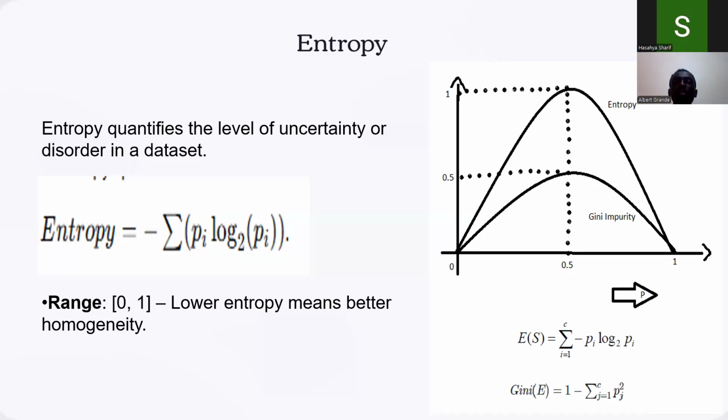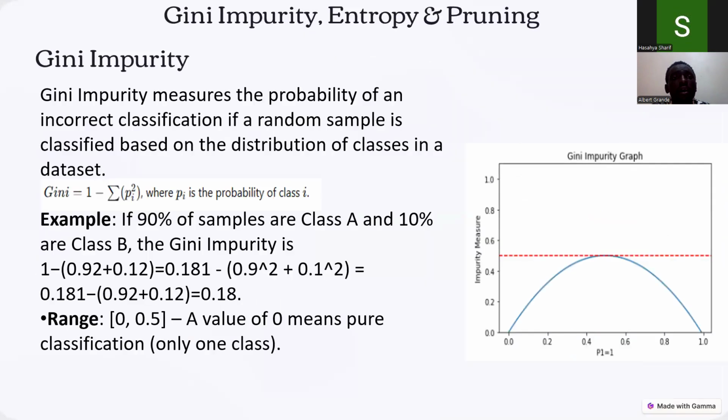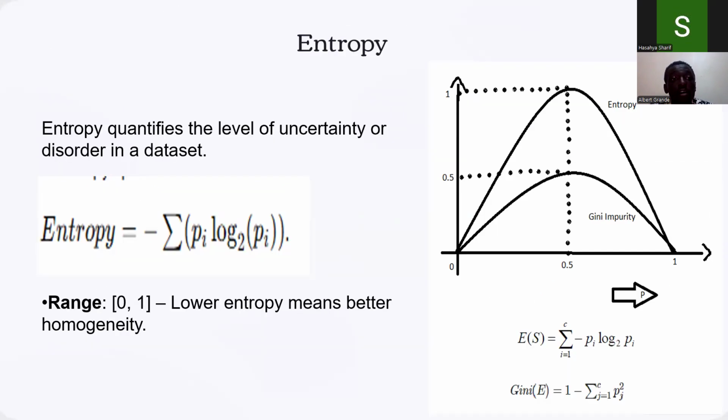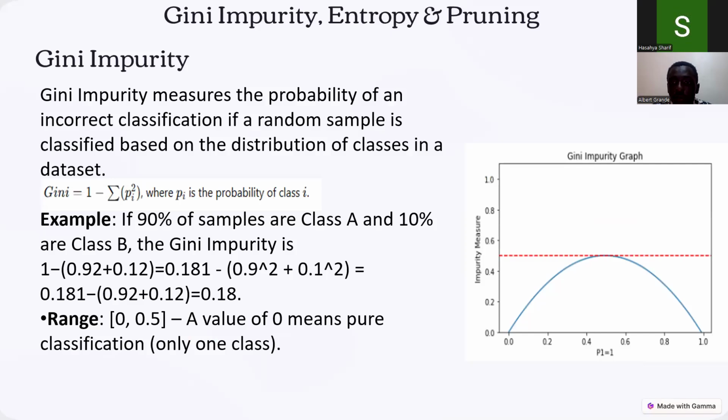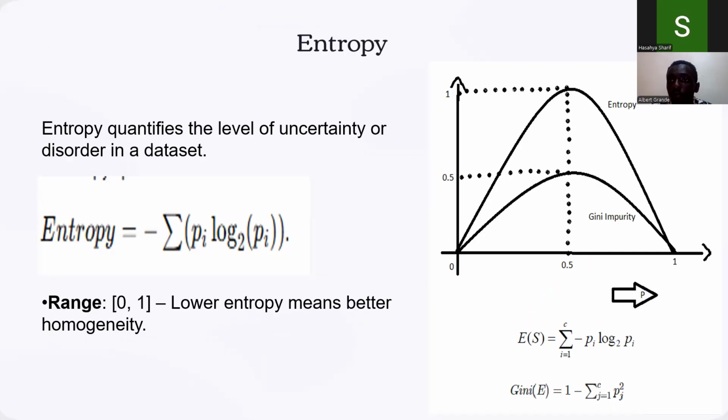Sharif. So to continue, we shall continue with entropy. Just as we have seen, Gini impurity measures the probability of an incorrect classification if a random sample is classified based on the distribution of classes in a data set. Entropy, however, quantifies the level of uncertainty or disorder in a data set. And it is more of a logarithmic function. That's why, if you see from here,